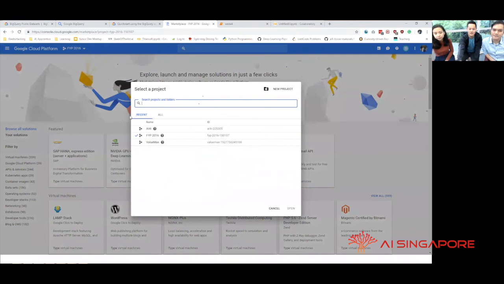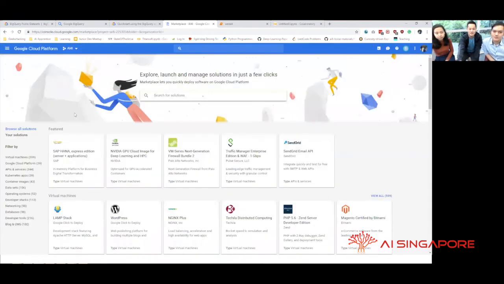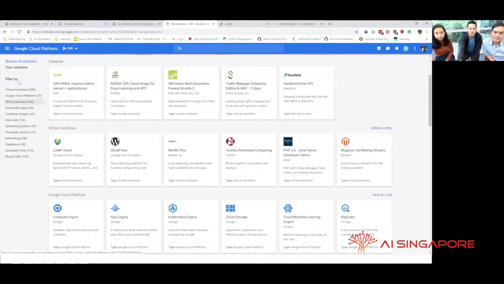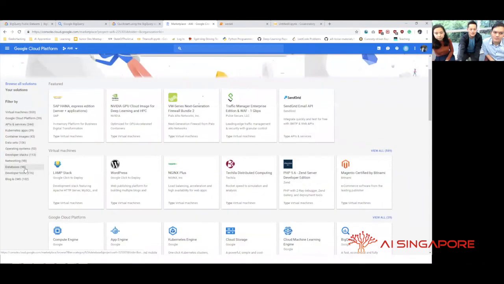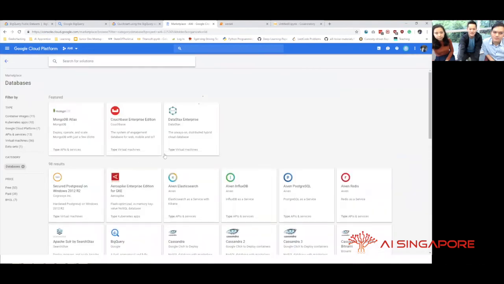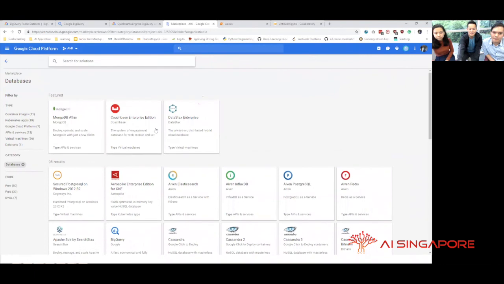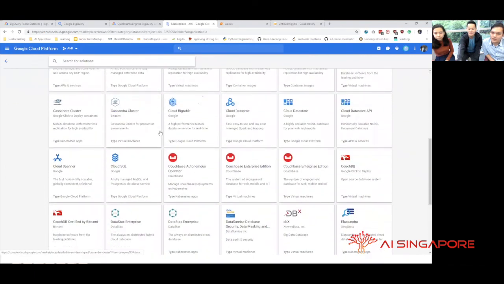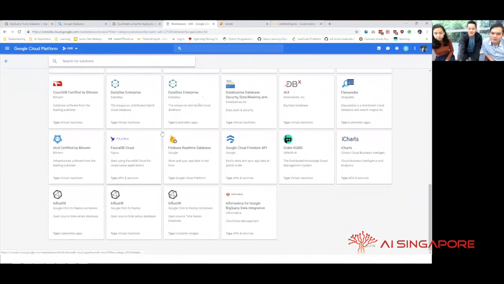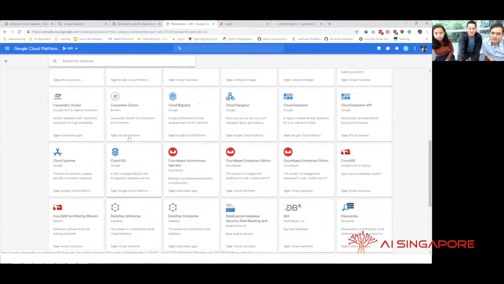There we go. So you're in the AI for I project. Let's look for databases. Let's see if there's anything interesting. SQL, they're all. Oh no, we're in the wrong